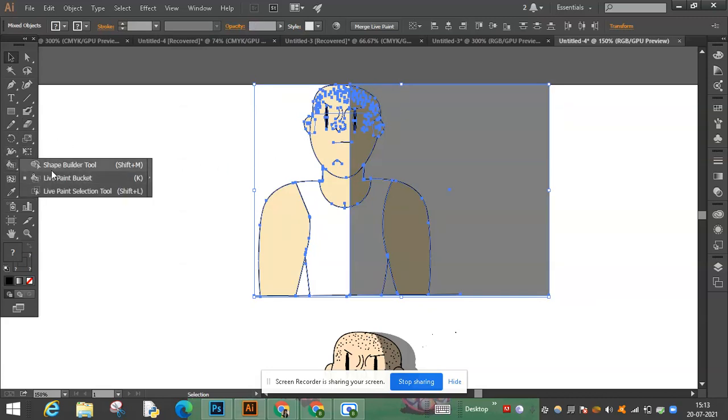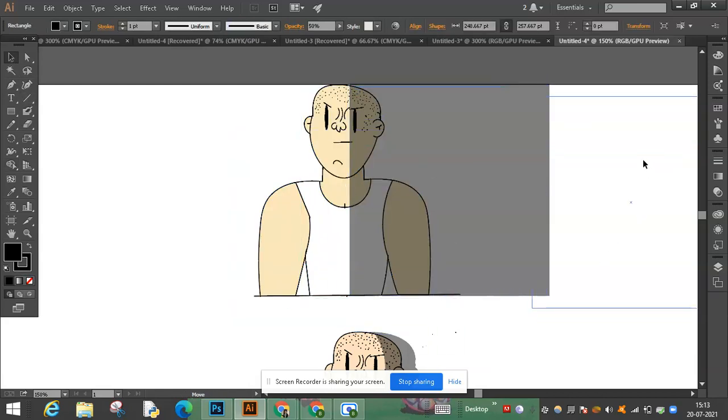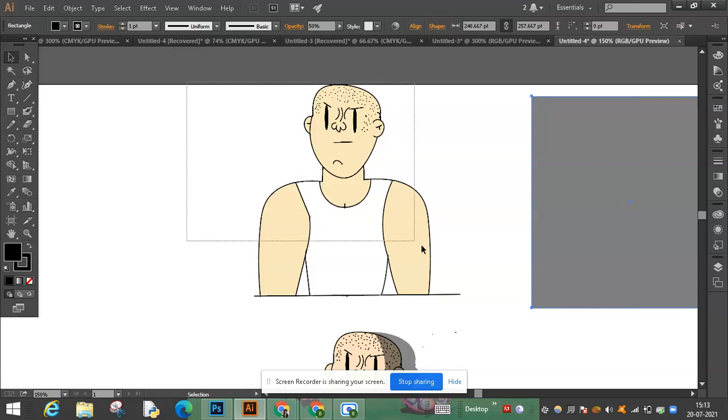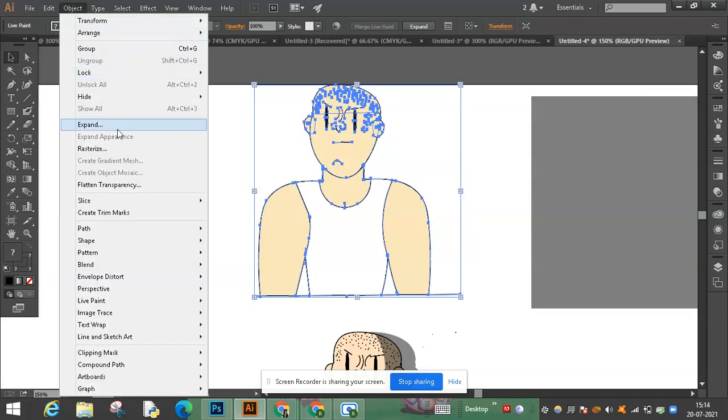Which is in the same menu as the live paint bucket. And if you are facing this problem, that you see this gray grid when you go on the rectangle but you don't see it in your sketch, then just take your rectangle, move it to the side, select your sketch, and then go to object and expand.